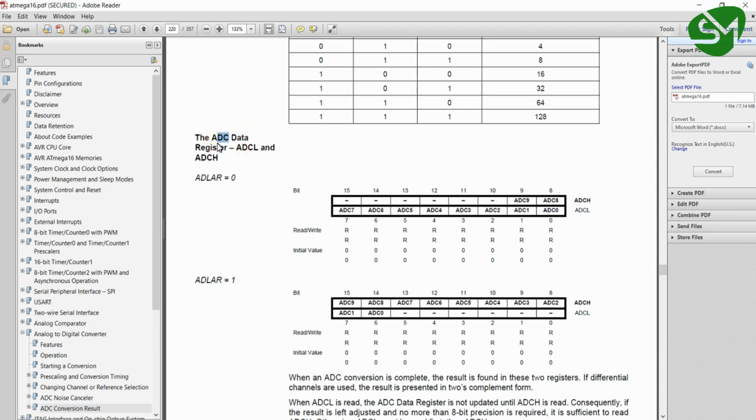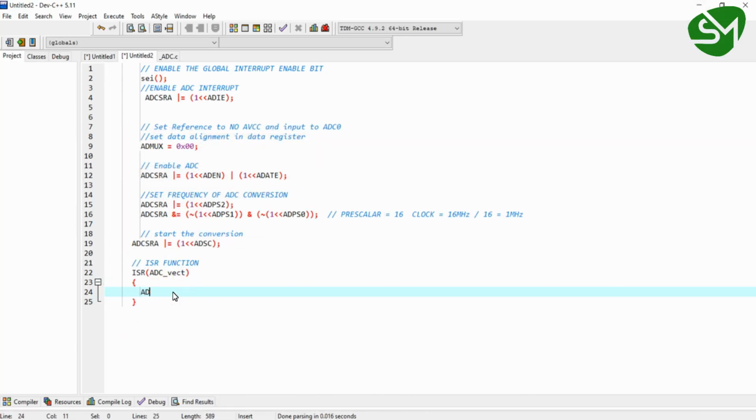This is the data register name. In this register, we will be fetching the 10-bit ADC value after conversion. We can store this value to any variable as per our process.